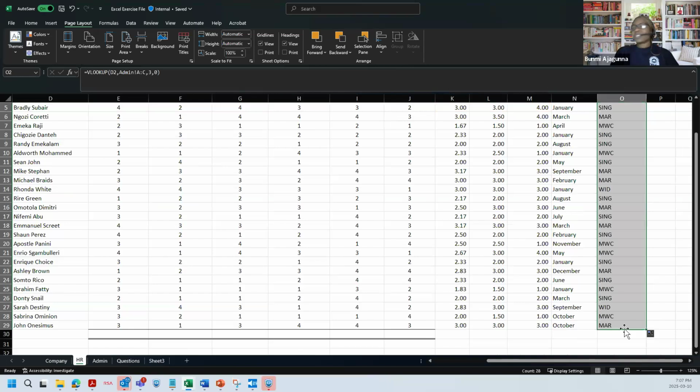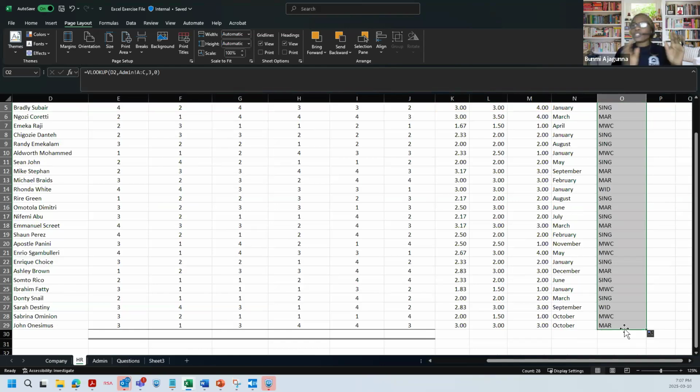Now there's a question that comes up that says, is XLOOKUP better than VLOOKUP? To be honest with you, I would say I prefer XLOOKUP to VLOOKUP in certain circumstances. And the reason why I said I prefer it in certain circumstances is because you really don't have to worry yourself about like the number of the columns and all of that.